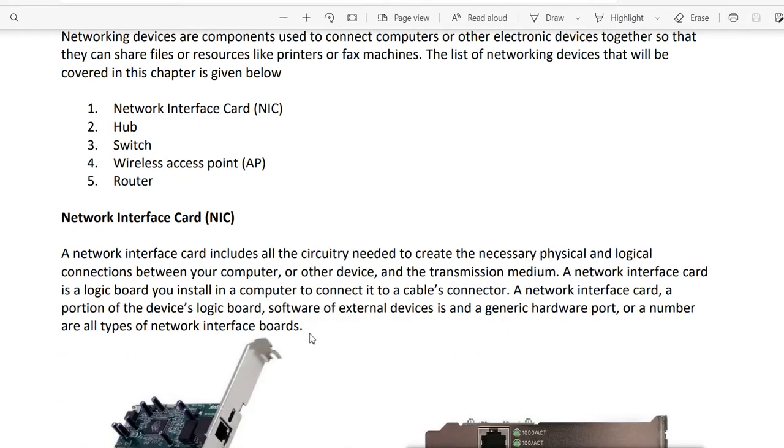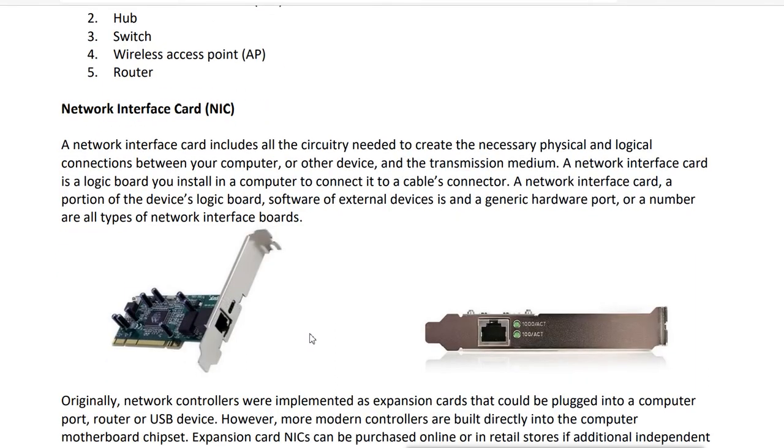Now first is a NIC. NIC is actually called network interface card. This is used to connect your machine, your device to the LAN network, and sometimes it is also called LAN card. It looks like this, where there is a chip behind it, and this is the connection port which you can use to connect into the PCI slot, and here is the port where you can connect your network cable.